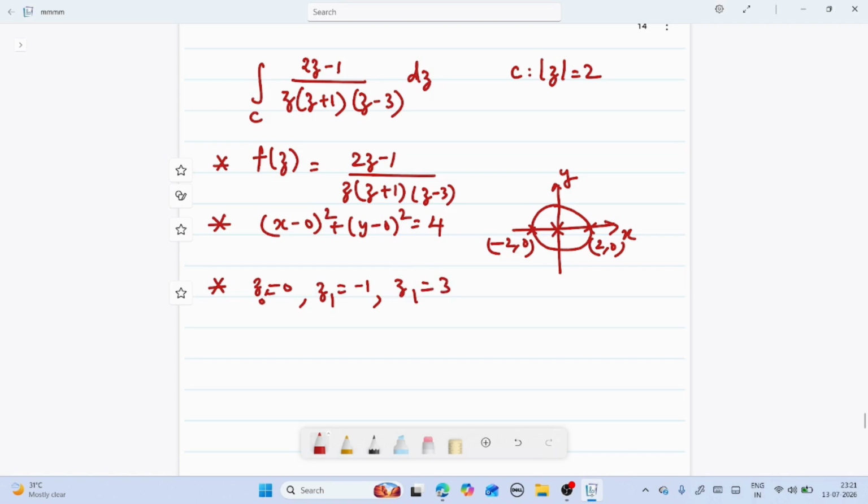There are three poles here. Now from the graph you can see that z0 is equal to 0 and minus 1 will definitely lie inside the given circle. So these two will lie inside, whereas this pole z is equal to 3 will lie outside the given circle. Therefore, we will not find residue for this. We will find residue only for the poles z is equal to 0 and z is equal to minus 1, that is (0, 0) and (minus 1, 0). You can just check it out. Okay, now finding the residues for this.